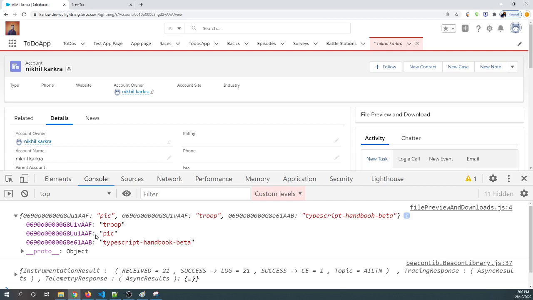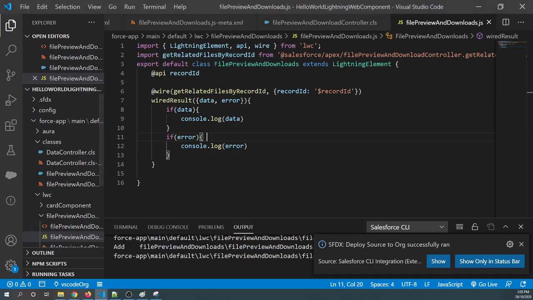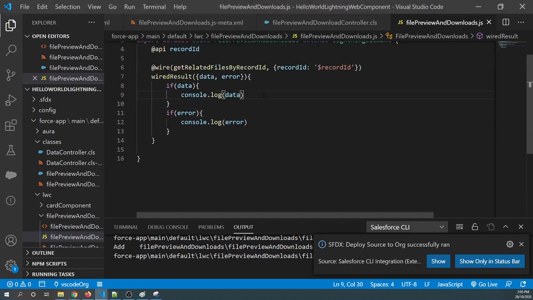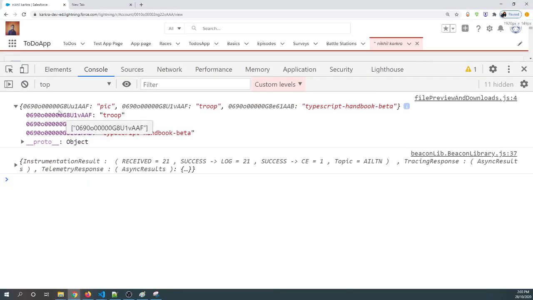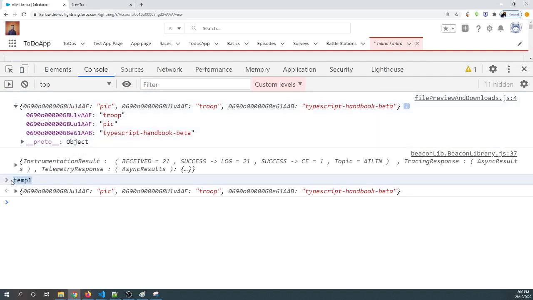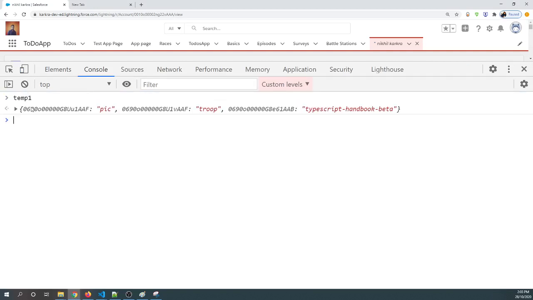Now I want to show this data in a proper format, and for that I want the ID as an ID and the name as a name, but right now it's a key value pair. So let's extract it in a proper format. Now we know what is coming in the data. First I'll take out all the keys and run the map. I'll do it right there for you to understand better. I'll right click and store it into a variable. I'll clean this. So our data is this, right?